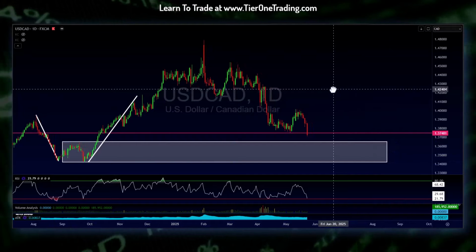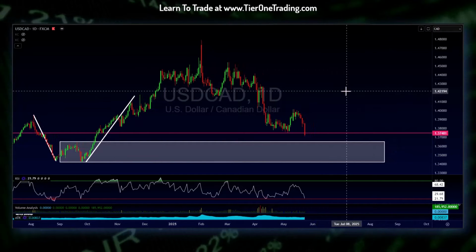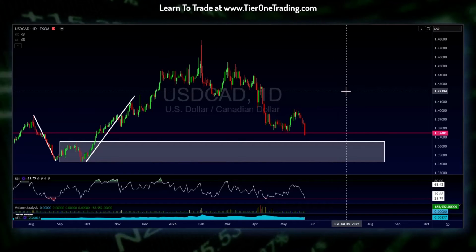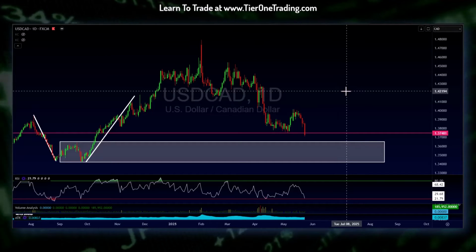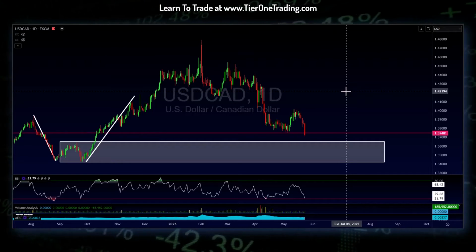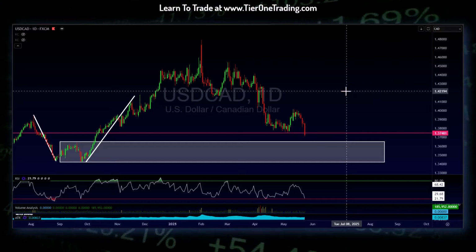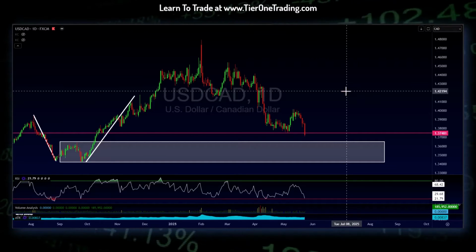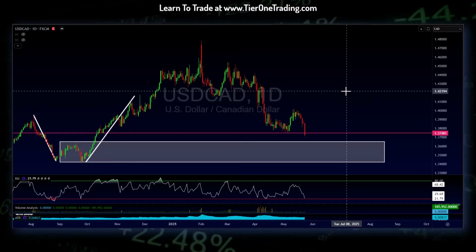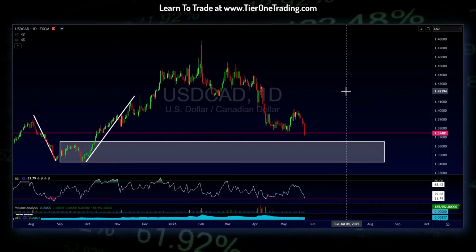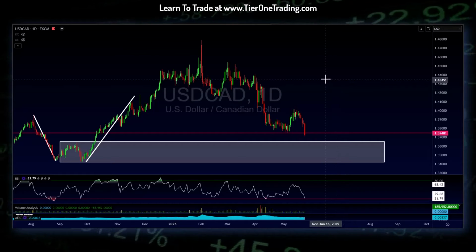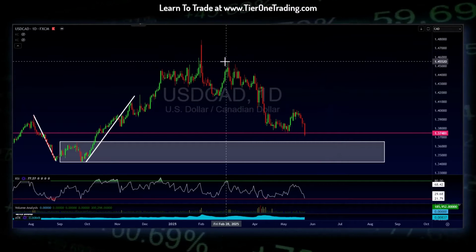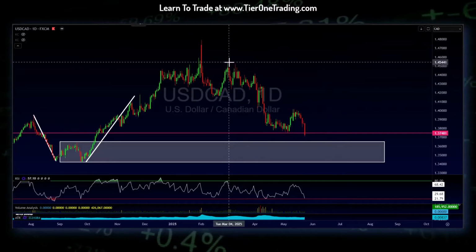Now, what I want to do is within that zone, I want to really identify, I don't want to say the perfect price point because we're not trying to pinpoint perfect prices in the market, but I want to isolate that zone and make it smaller. That way I really have a target level. So we'll end up doing that a little bit later as the market shows its hand and more things get created. But a few things we can do right now is one, take on a Fibonacci extension from my previous